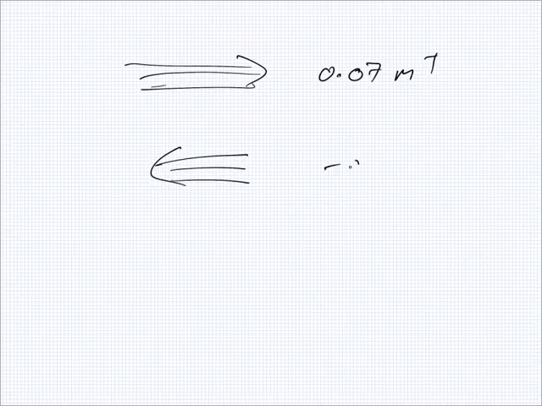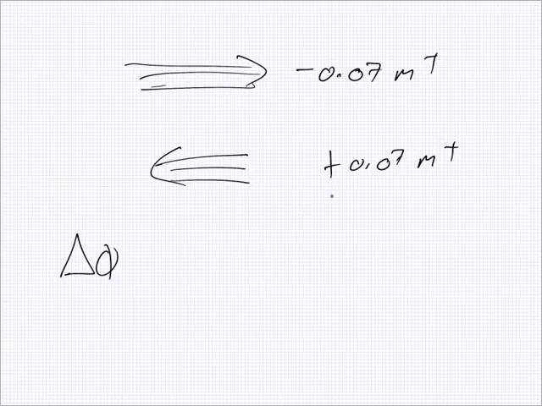Here. This is 0.07 millitesla, and this one here, minus 0.07 millitesla. Or if you want, you can call this one minus and this one plus. It doesn't matter. So the change would be this one